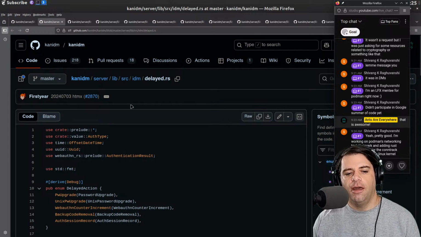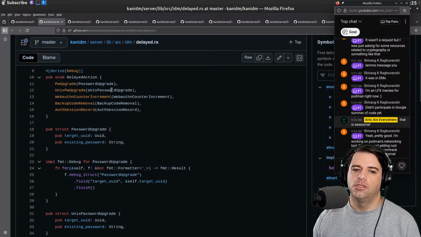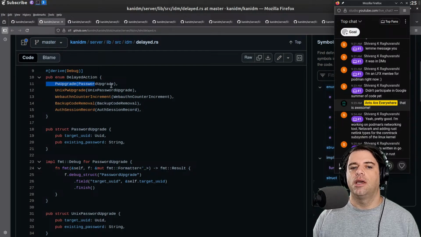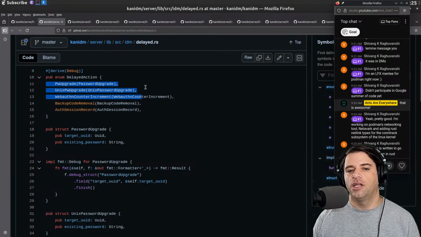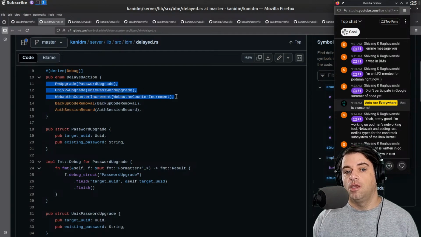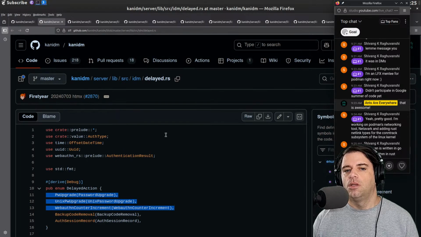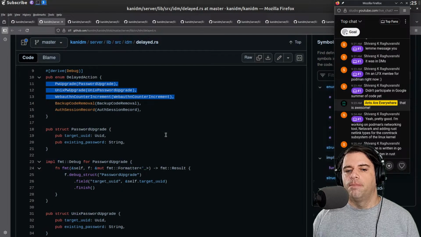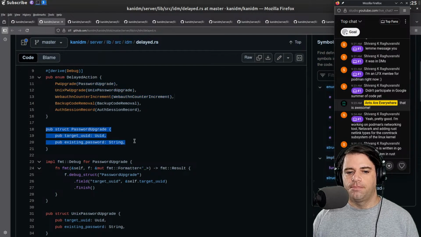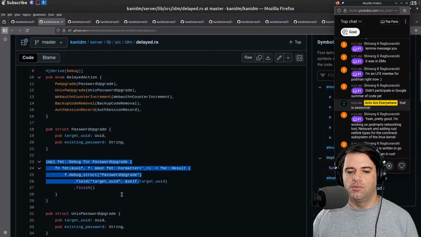In delayed, we have what? So we have some new for delayed action, like a password upgrade, other kinds of password upgrades, incrementing web authentication counter, removing a backup code. I don't know what makes these delayed actions, maybe like asynchronous. And then some debugging information.